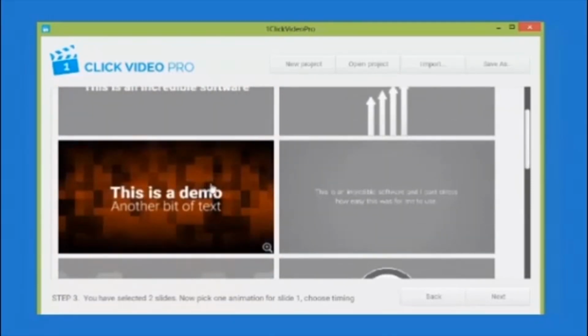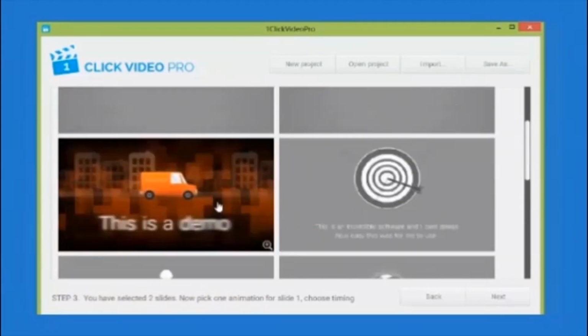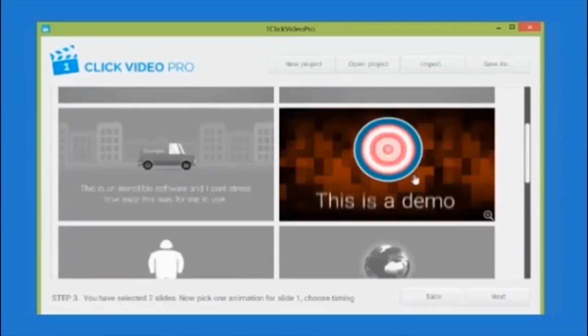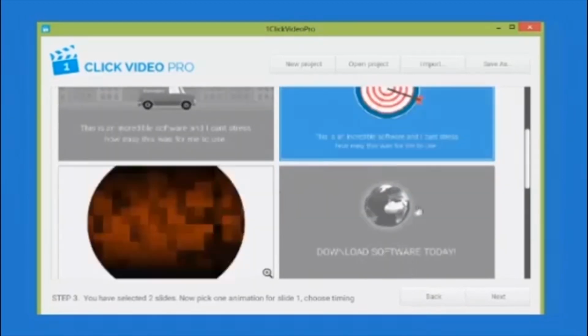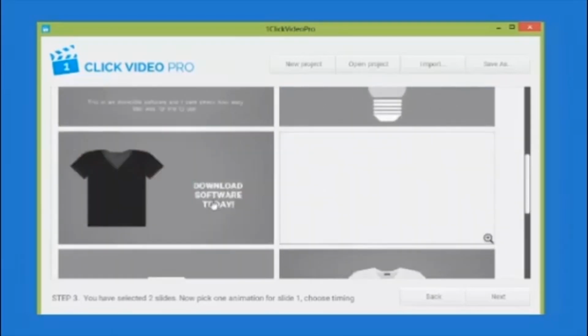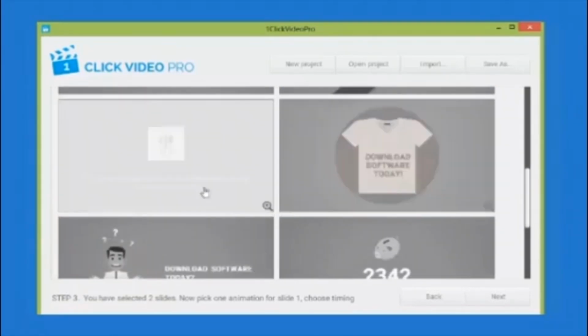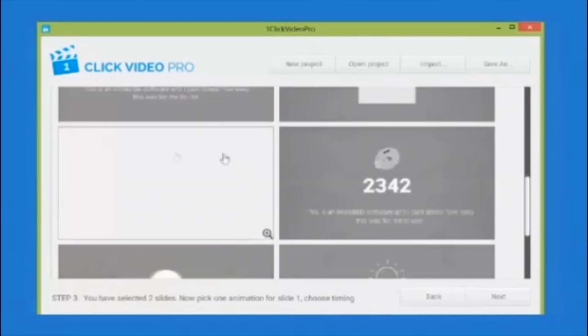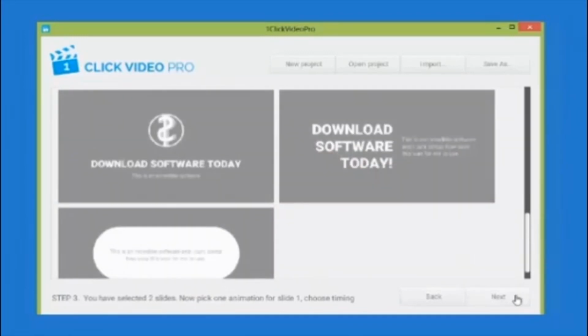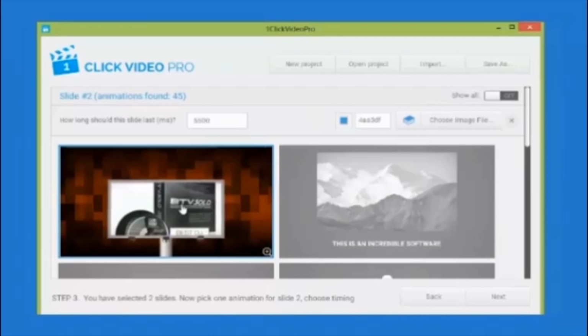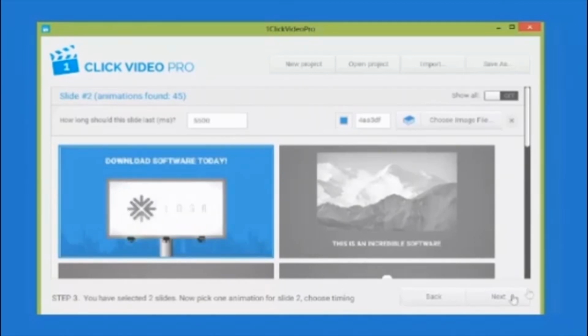find one that we like the look of basically. So I'm going to go with, let's see, maybe I'm going to go with this one here. So just quickly browse through these, and you can see we've got t-shirt ones, we've got ones that relate to cutlery and food, we've got ones that relate to making money, ideas, just all kinds of animations that we can include. So I'm just going to click next. Again, for this one I'm going to go with that one, and then we click next,